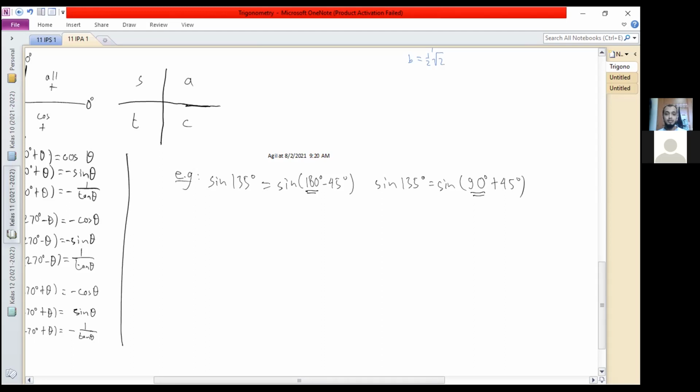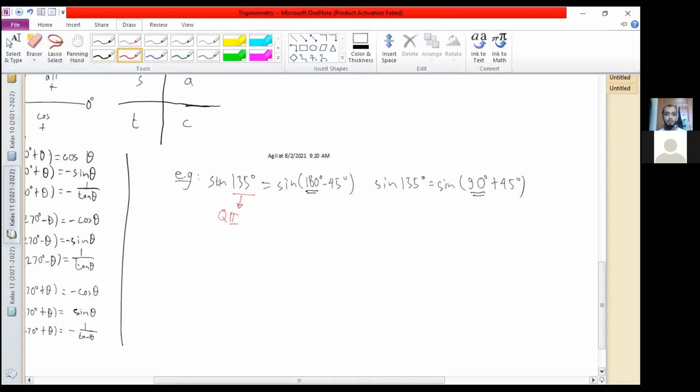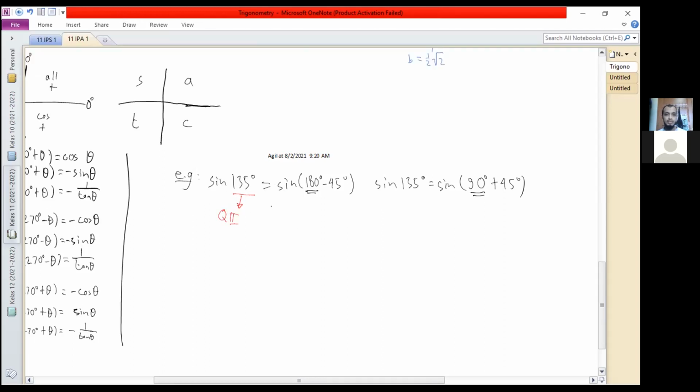So here, 135 degrees is on the second quadrant. So sine in the second quadrant is positive. So this is positive. You don't need to write this down, but this is just to